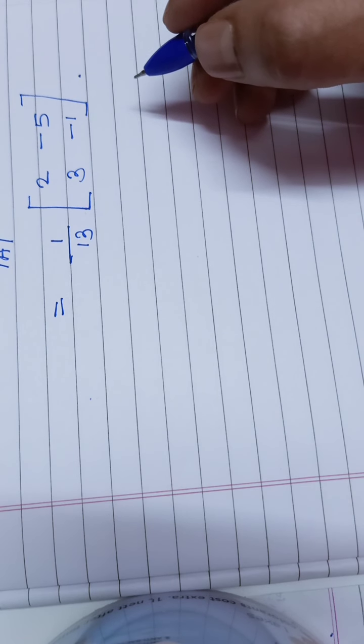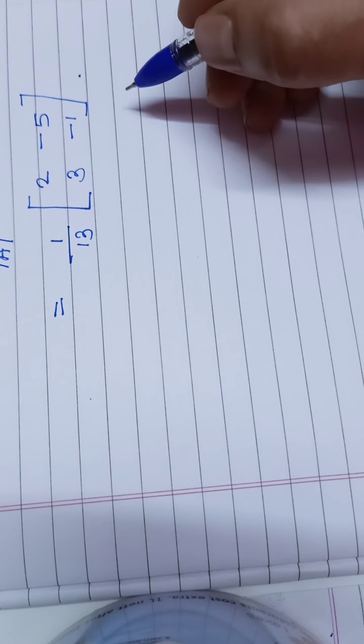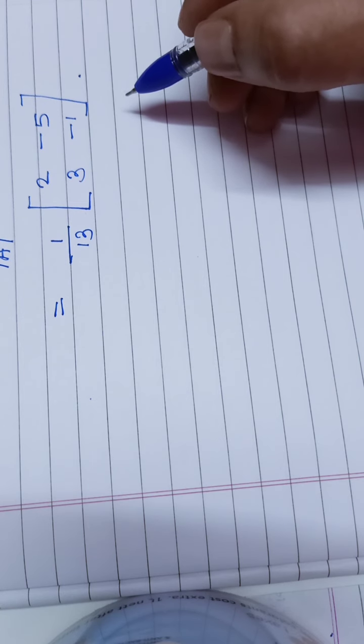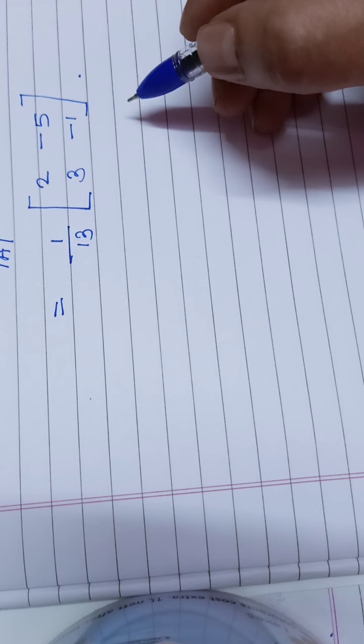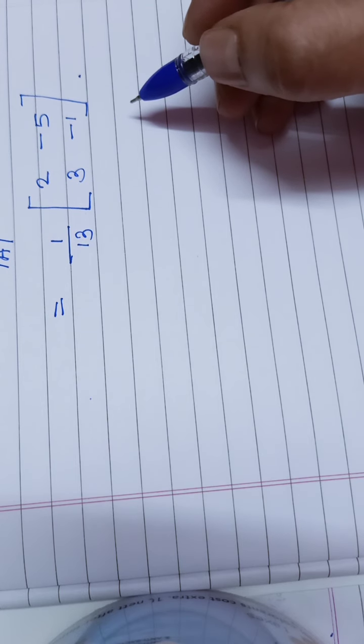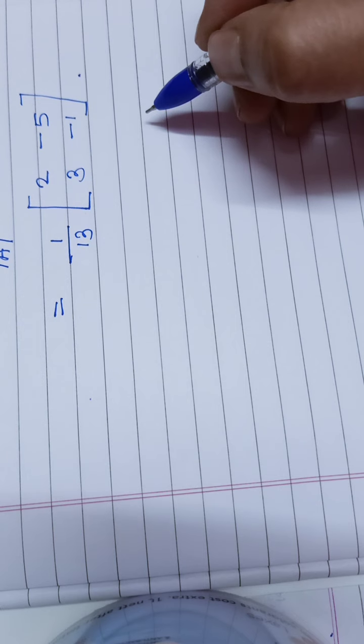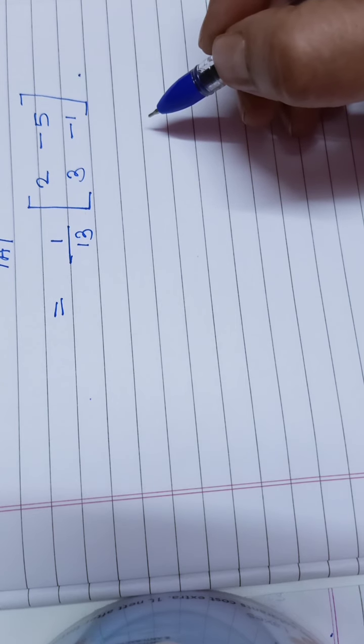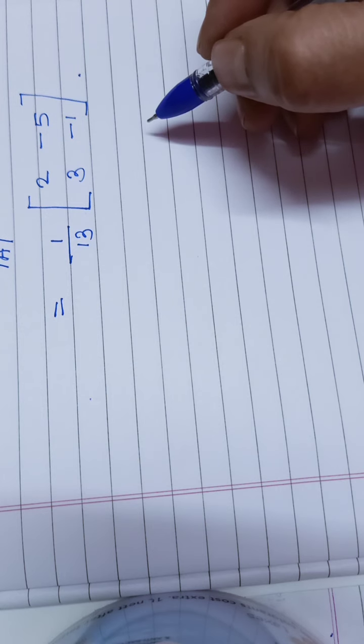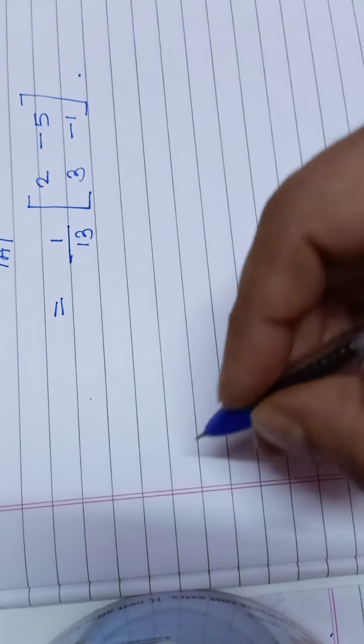I think you come to know how to find out the inverse matrix. This is the sum of the order of 2 by 2. Now we are proceeding for one more sum of order 3 by 3. 2 by 2, 3 by 3, both the sums are of the same type. Only the difference is that 2 by 2 contains 4 elements while the 3 by 3 contains 9 elements. So we find out the 4 minors and 4 cofactors. Now in a 3 by 3 we are going to find out the 9 minors and 9 cofactors. The process is the same. So let's proceed for the next sum.